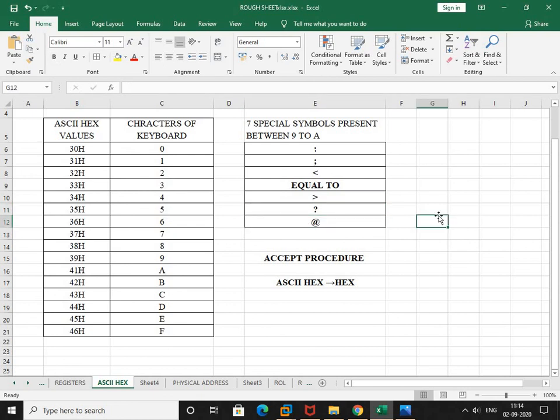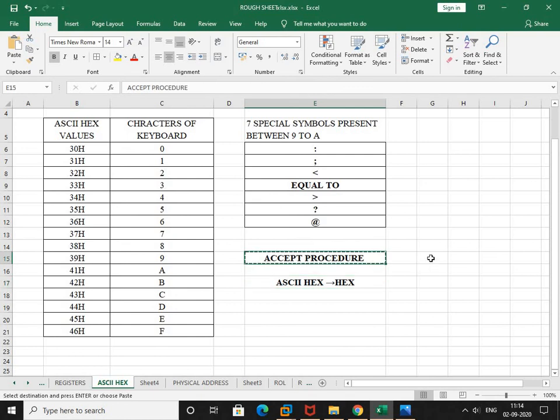Now, always keep it in mind whenever you accept input through the keyboard. Whatever key you press, the key's respective ASCII hex value will be stored in the register. So we are going to convert this ASCII hex value to hex, and after converting it into hex, we are going to put it into the register, right?